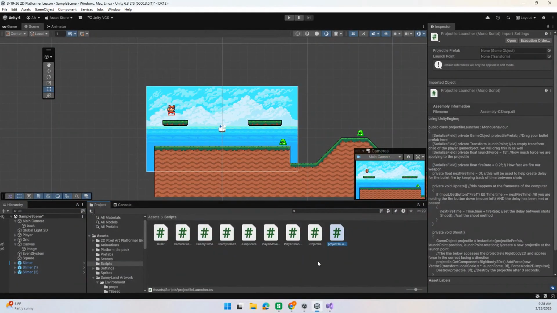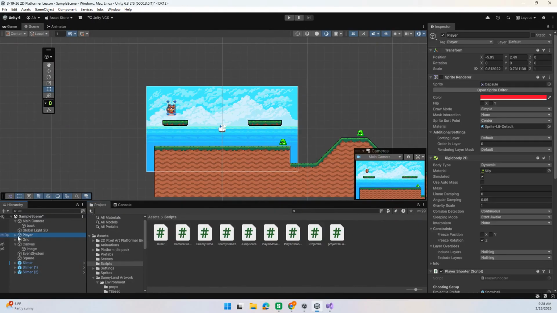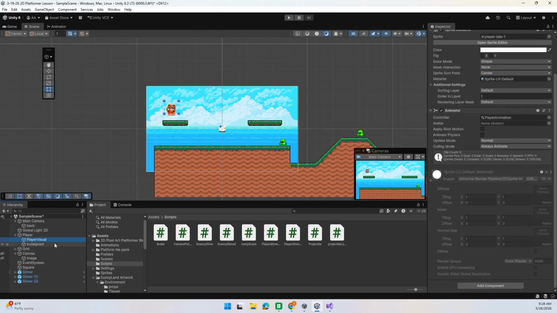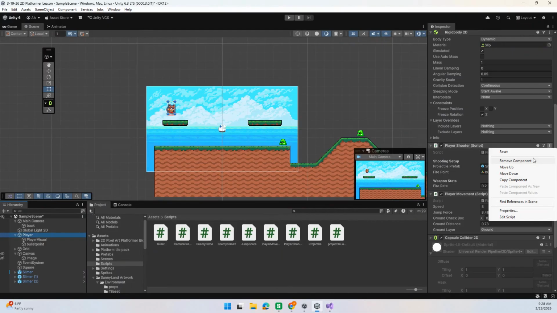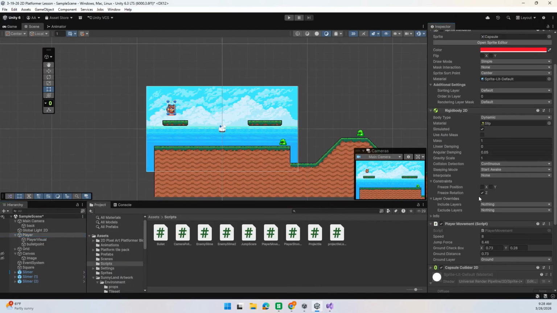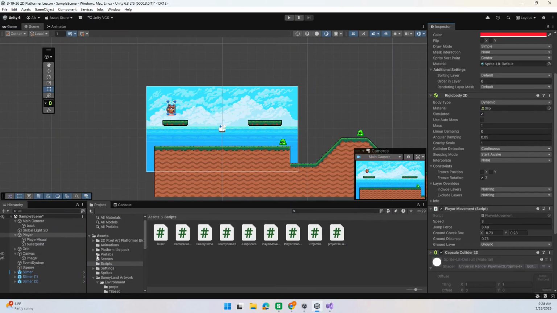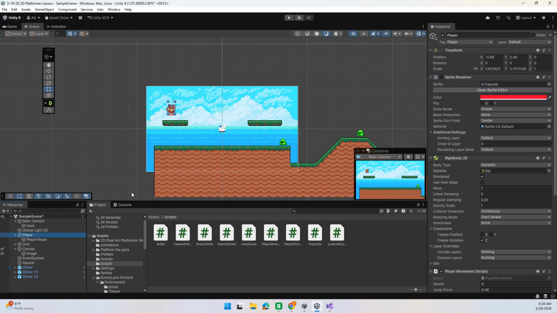All right, jumping into that game, I have my player right over here, and this is actually a pretty important organization technique. Generally, I will want to separate my scripts and logic from the visual. So I have the player and the visual, but I'm going to get rid of that one. So all I really have right now is the player with their rigid body and their movement. And let me get rid of that temporarily. But to add